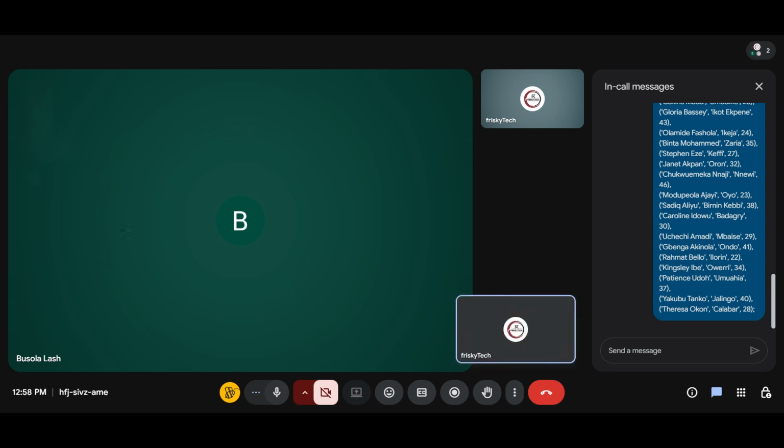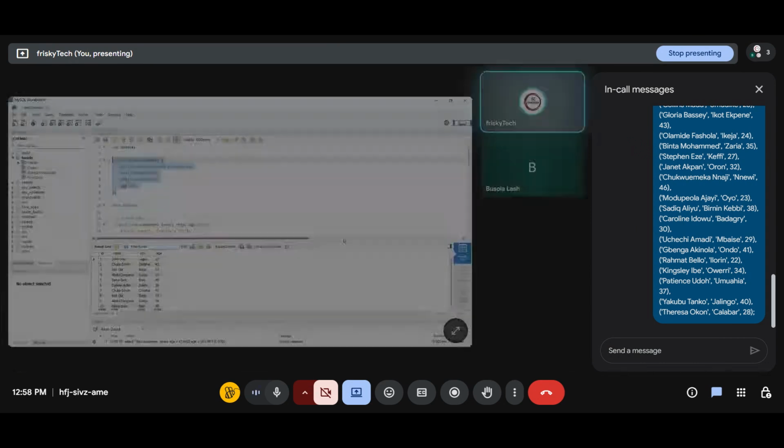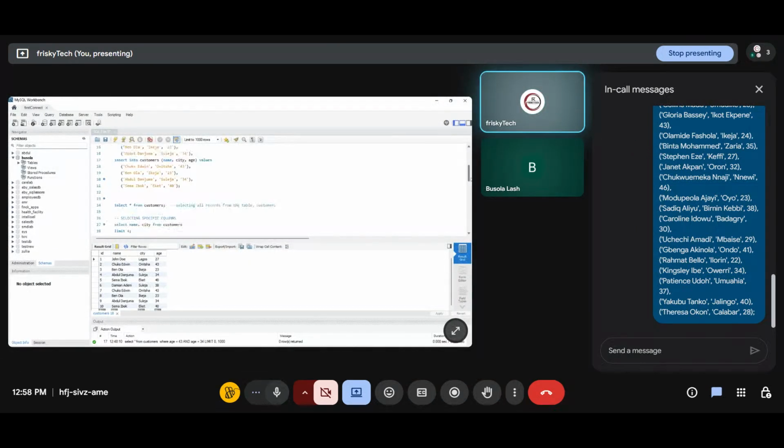So you see my screen, right? I just want to generate more records so that we'll have real-time data to play with. So if I run this,